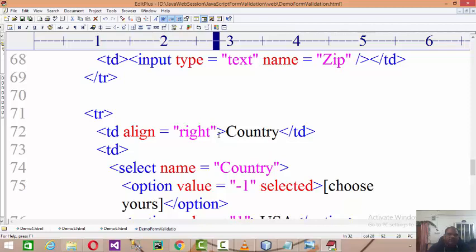The agenda behind this entire web session on JavaScript validation is that we understand JavaScript. It performs work like a programming language, but the motive of JavaScript is basically making static web pages dynamic.